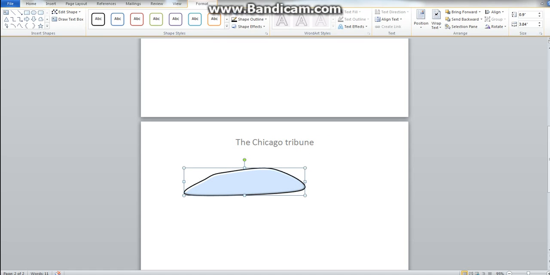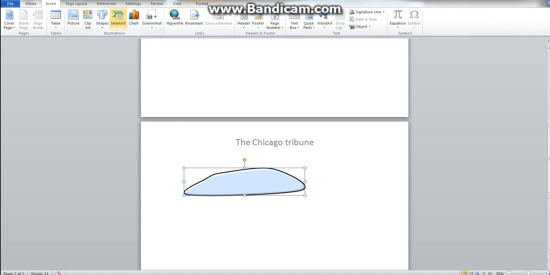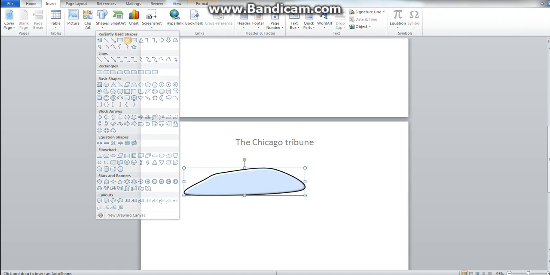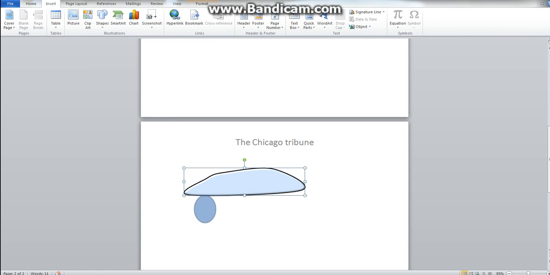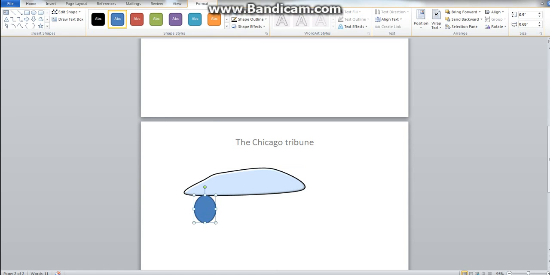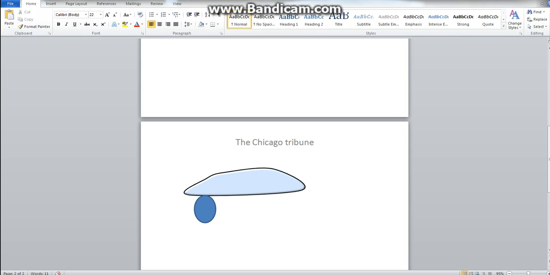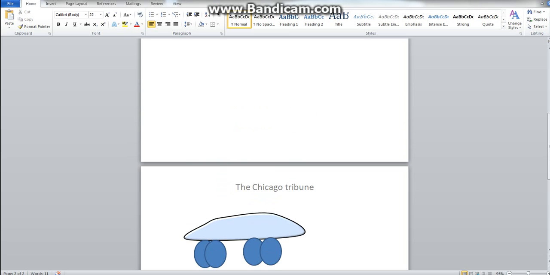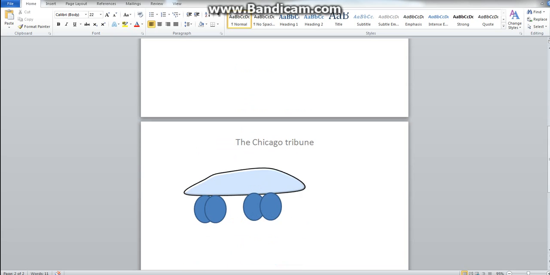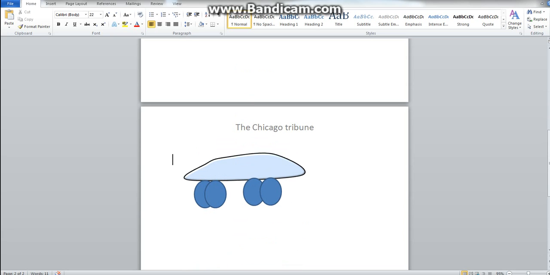Okay, so you can create another shape like the wheels. Use a circle, and you can just copy. And the short key for copy is Control C, Control V. So I'm gonna make 4 wheels, and there's basically a little part of your car, and you can keep on continuing it. So you can actually draw pictures on